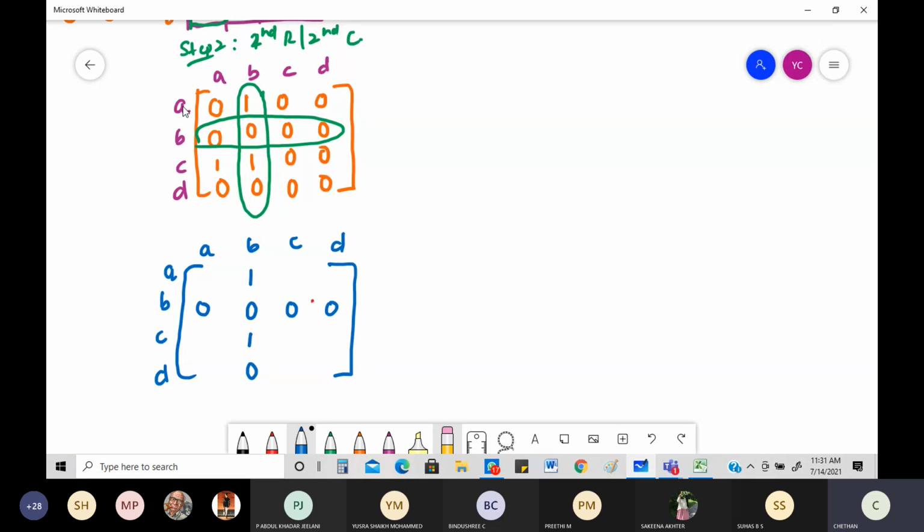Okay. Can I write very clearly like this? A comma B is equal to 1. Check. See, you don't have to break your head. It's nothing but taking the values from here. Wherever 1 is there, I'm going to take those values. Nothing else. A comma B is equal to 1. Yes. Then from B you check. Is there anything from B which is having 1? No. Okay. Next you go.